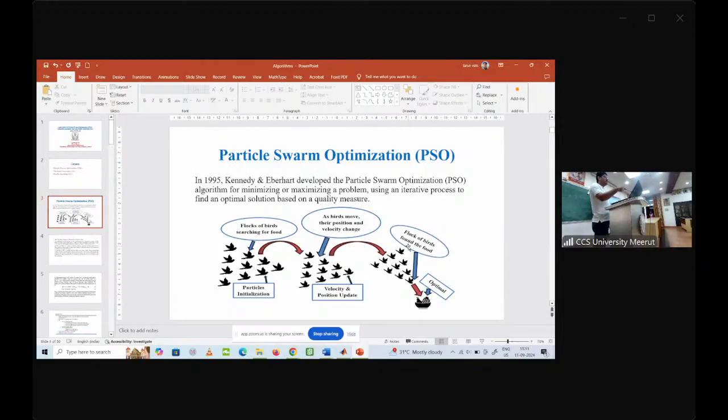there is a velocity of every bird and a position of every bird. As a bird moves, the velocity and position change, and they move towards where they find the food and stop. And this is the, अब इसमें से ही मैथमेटिक्स लिया गया यहाँ से कि जो पार्टिकल इनिशियलाइजेशन है